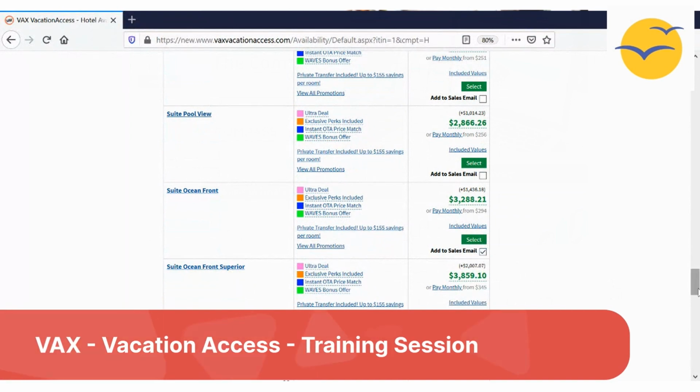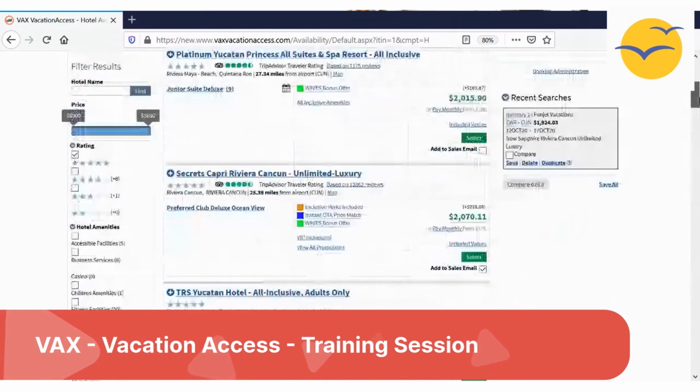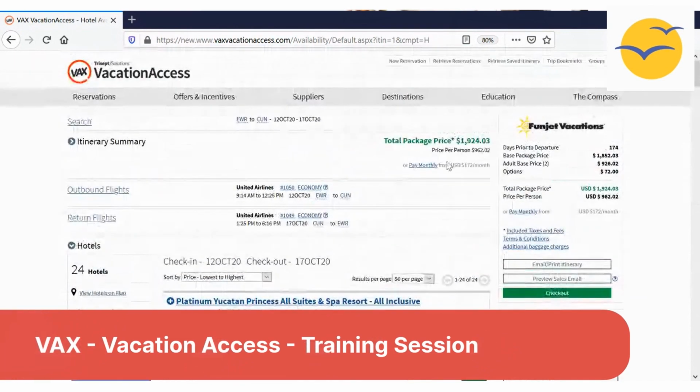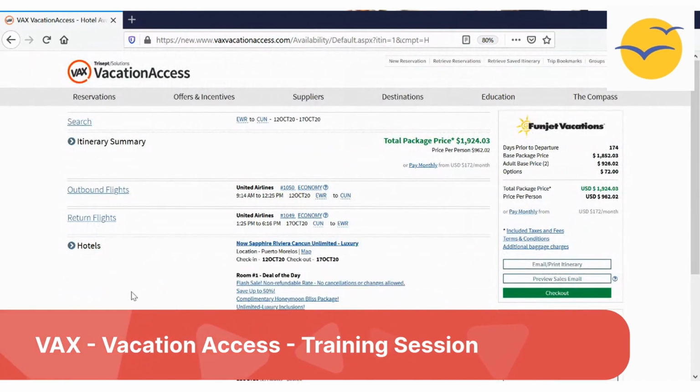Okay, so I picked all of them. I picked the ones that I want. I can even go further than that and not just hotels. I can click on features, which I'll show later. I just want to preview the sales email so you guys can see it. And then I'll go back to features and I'll show you what other things you can actually add to this